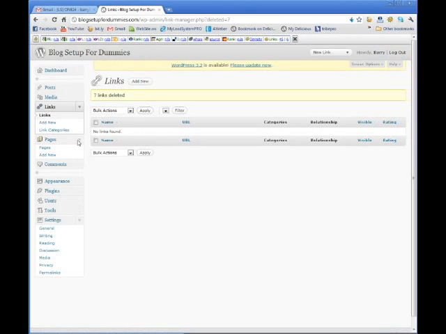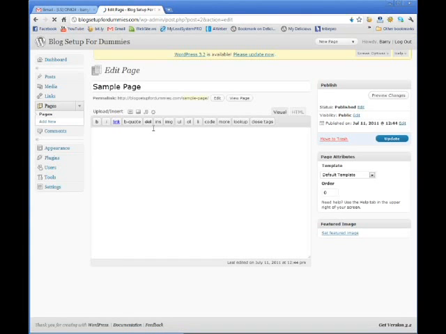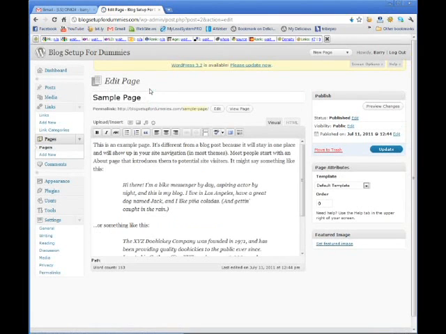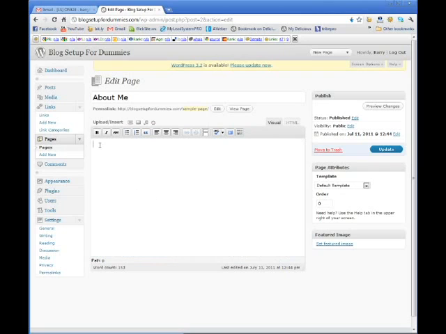Then the other thing I'm going to do is come into pages. Now it's got this sample page here, and you can leave this there if you want. What I'm going to do is change this because every blog needs an About Me page. So I'm just going to change that to be About Me for now, take all this off of here, clear that out, and then you can put it in,